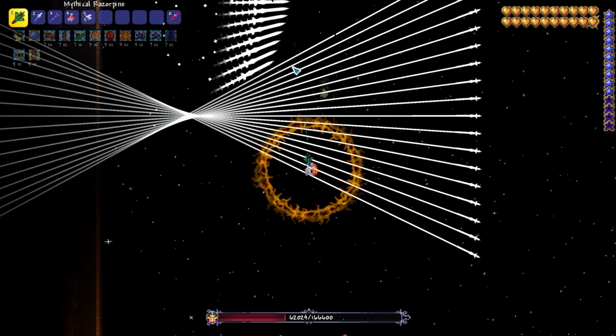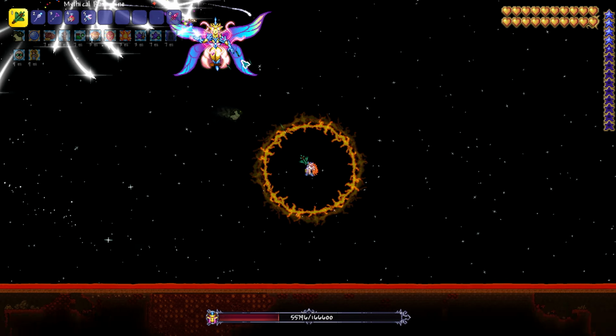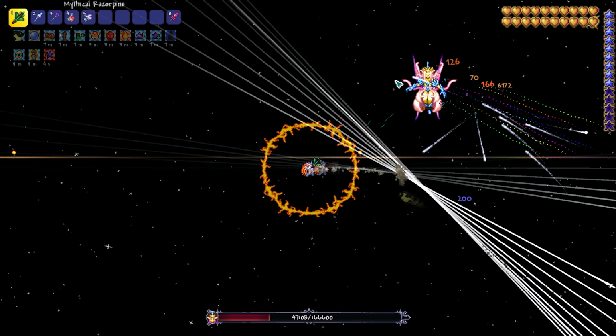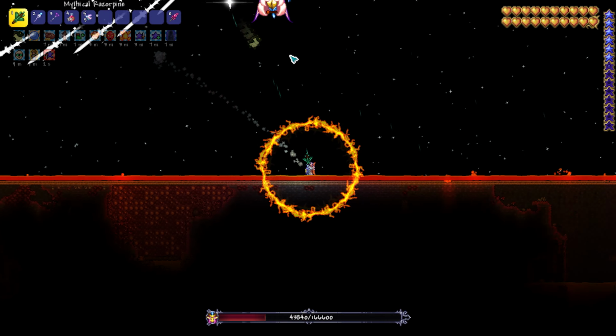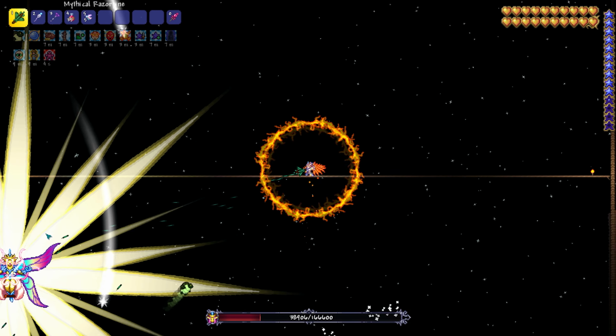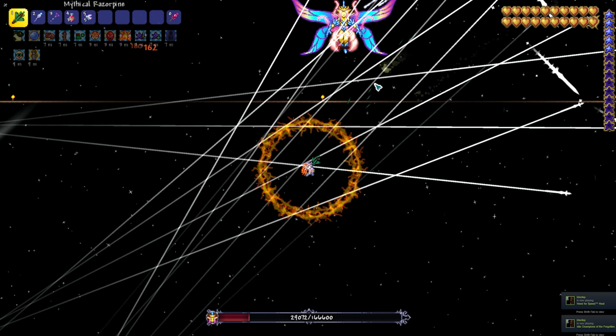In phase 2, she starts off by spawning ethereal lances, which are much easier to dodge than phase 1. You simply just go down, go to the side. She'll then start spawning more prismatic bolts, which you again just go in a straight line to avoid. And then once these are done, she'll charge you again and spawn more ethereal lances that actually track your movement